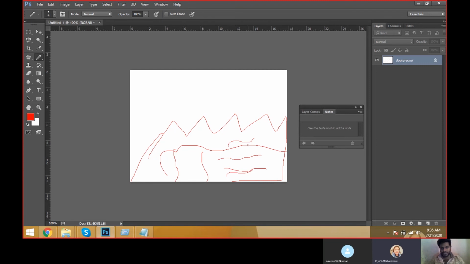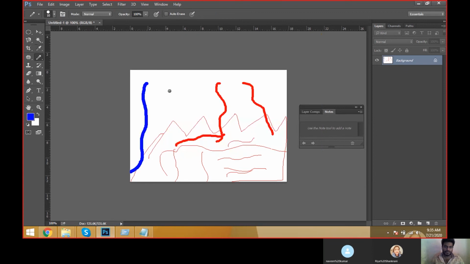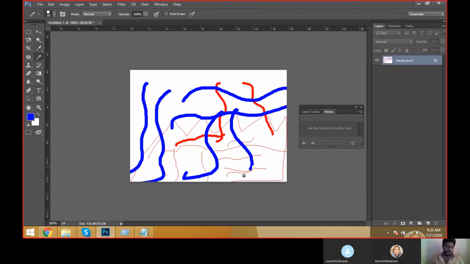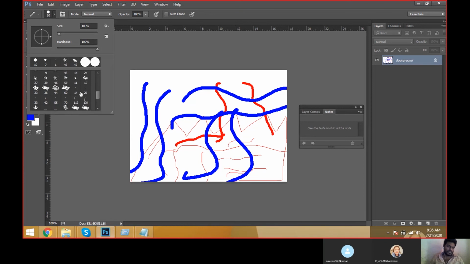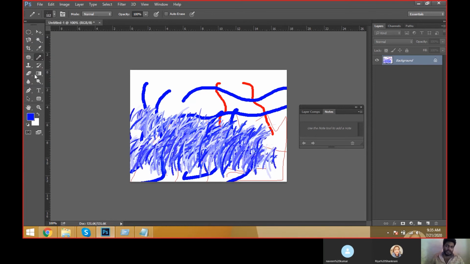If you need to increase the brush of the pencil, use the same square brackets. We can increase and decrease it, and we can change the color of the brush. Like this we can draw the brushes, and the same properties will be applicable here. Everything will be there, and we have applied so many things to the background here.